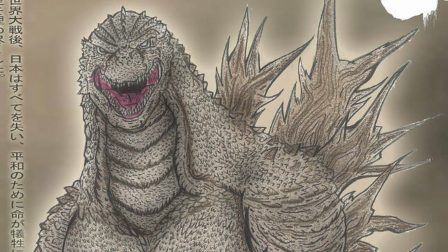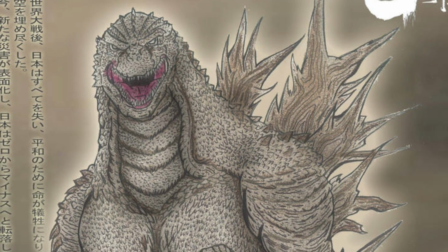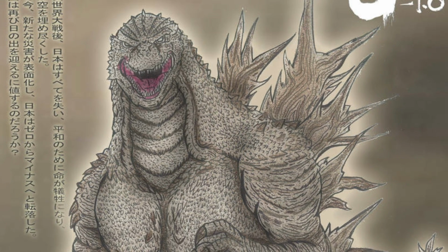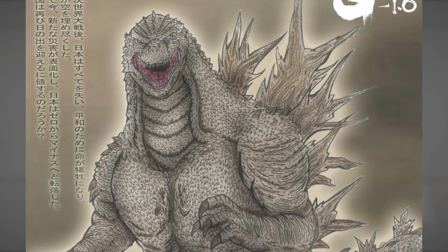Starting out, I want to jump into some art as per usual, and the first piece comes to us from AVGK04, and this is his Minus One poster. I just wanted to shout it out because I really liked the hand-drawn aesthetic. I always love seeing hand-drawn art. I think he's done a great job with this poster, and one thing that I really loved about it was,